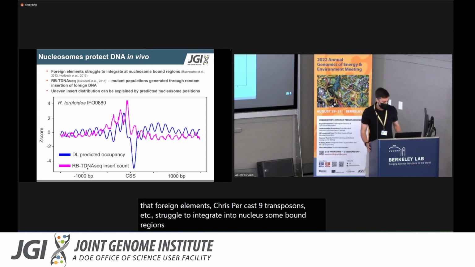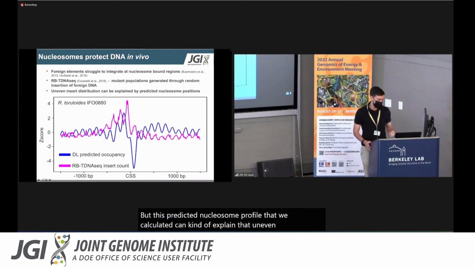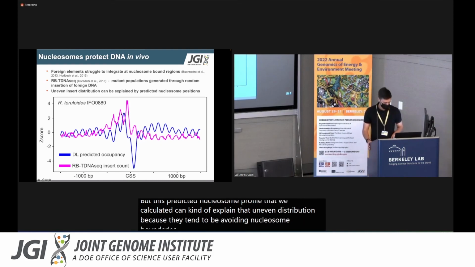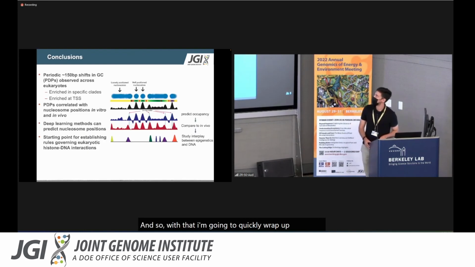And when we look at this TDNA-seq library, which is in magenta, you see that it's unevenly distributed across the genome. But this predicted nucleosome profile that we calculated can kind of explain that uneven distribution because they tend to be avoiding nucleosome-bound regions. And so with that, I'm going to quickly wrap up and say that we found these